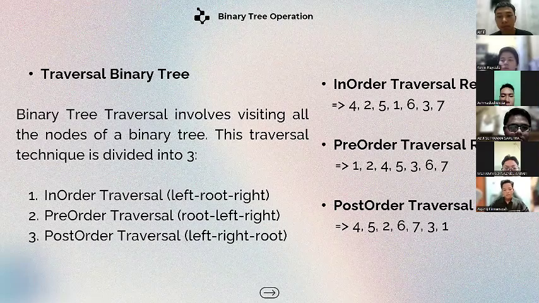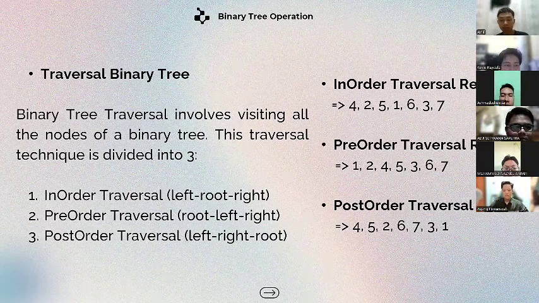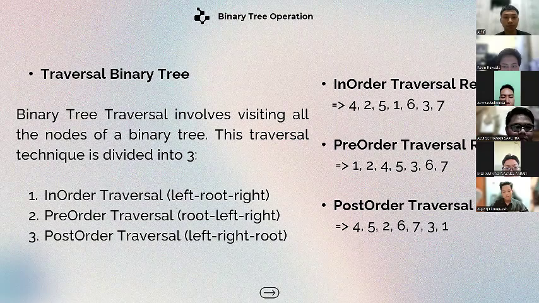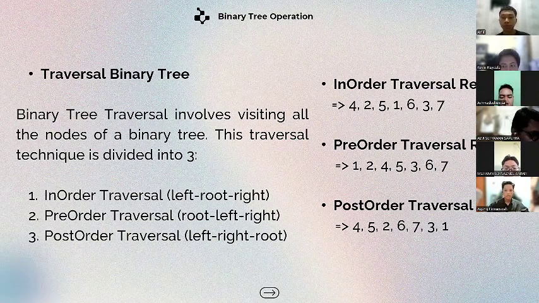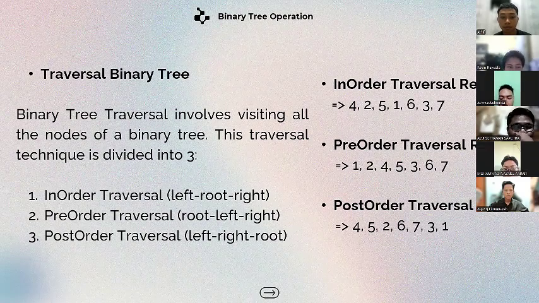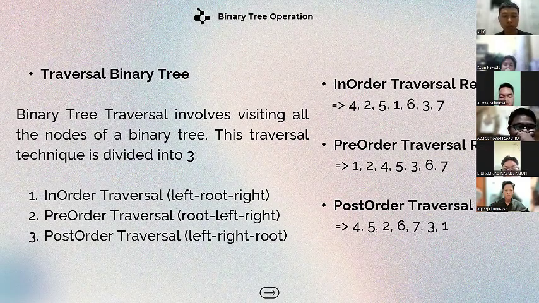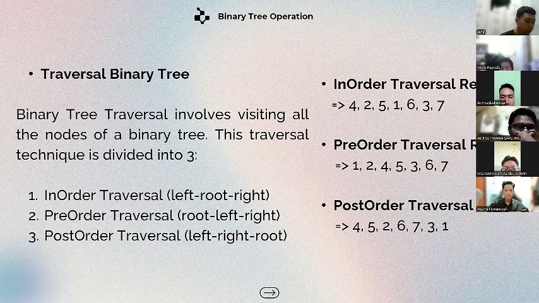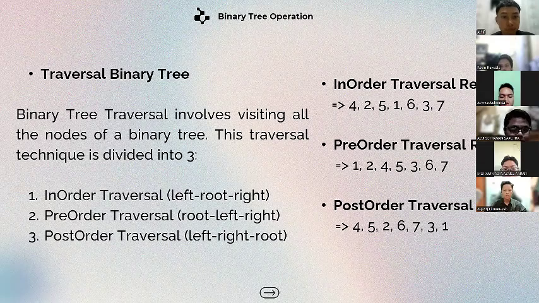There are three steps in in-order binary tree traversal. 1, left branch. 2, root. 3, right branch. First, we check the left branch until it has no branch, namely number 4. Second, we turn to the top, which is number 2 as the root, so we input number 2. Third, we check the right branch, which is number 5. Fourth, we go back up again to number 1 as the root, so we input number 1.